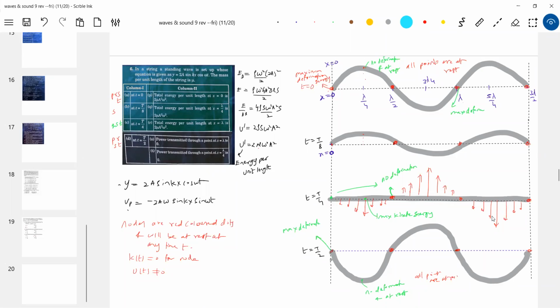So look at now the energy here. These elements, they will possess energy at all instants. Am I right? They'll possess, between antinode and node, all the points between node and antinode will possess energy at all instants. Will you agree? Now also they're having energy. Here what happened? The antinode and node both are having energy now. This also having energy. This also having energy. Deformation energy non-zero. Kinetic energy non-zero.